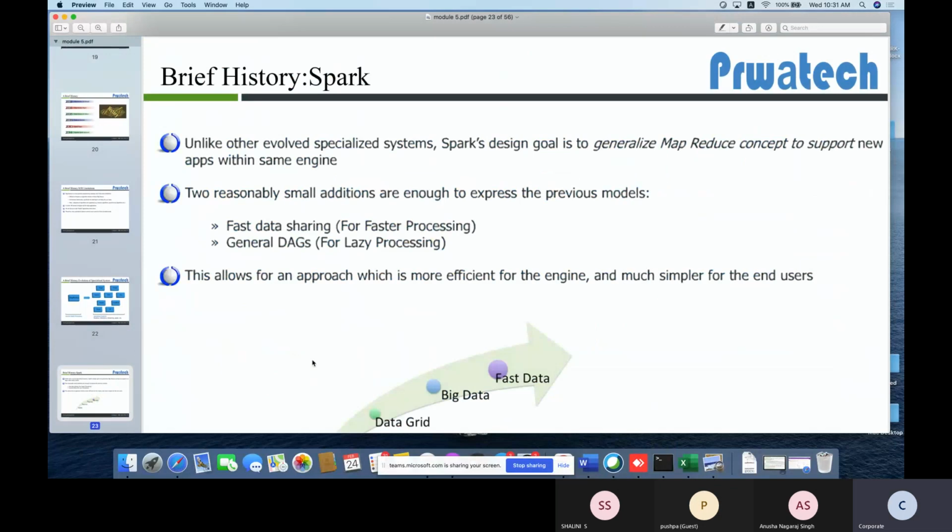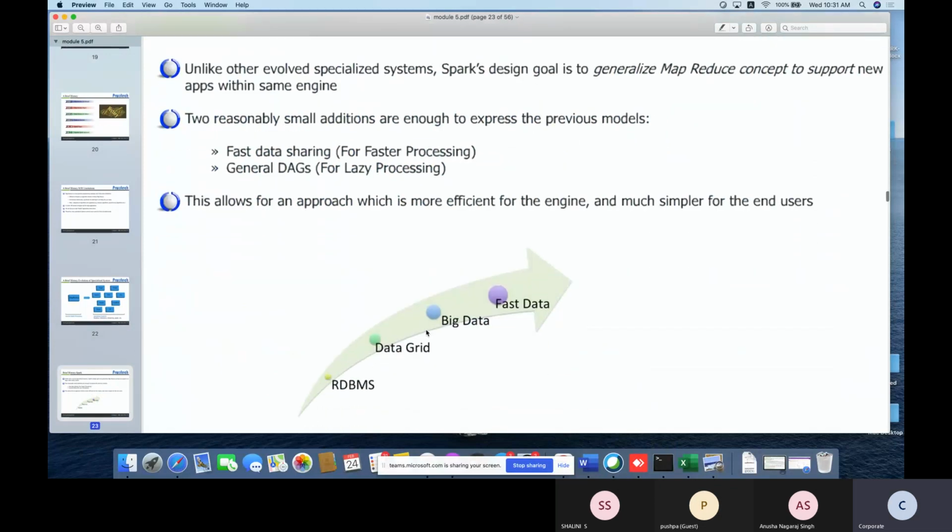This is a quick history. We moved from data grid, then big data, then fast data. We are here. If you have big data, then go to Hadoop. If you have fast data, then go for Spark.